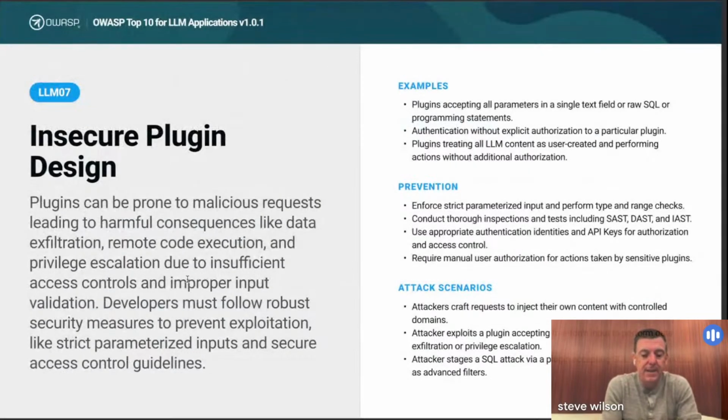This was one that really came on strong in the later versions of the development of the list. It was actually while we were developing the list that OpenAI added plugins to their API set. The important thing to understand is that these plugins are ways that your chatbot can get access to additional resources. If you look at the plugins available on ChatGPT, they can do things like use your credit card to book travel. They can read the internet, all sorts of different things that open up new attack vectors,